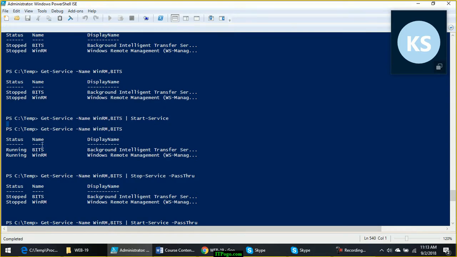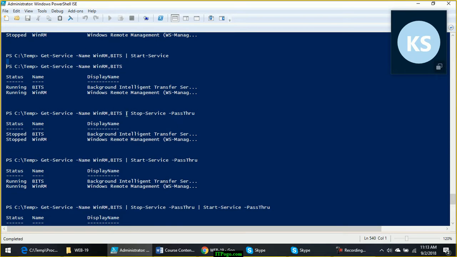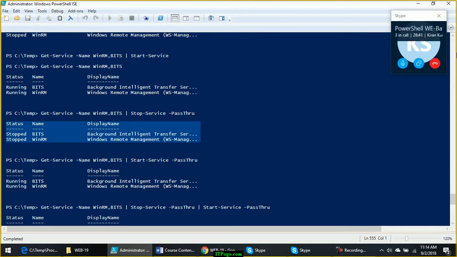Then when the command is not producing any output, what will the pipeline flow further? What objects will the pipeline pass to the next command when there is no output, and the output is getting produced only when you use stop service or start service with pass through? Then only the objects are created to flow in the pipeline.